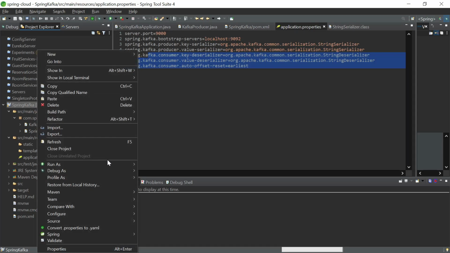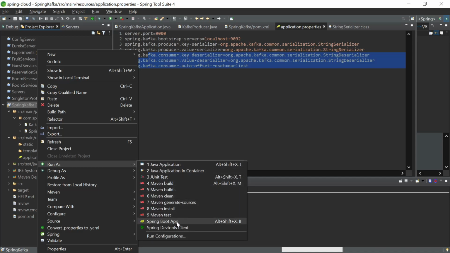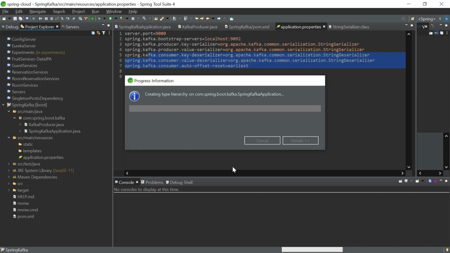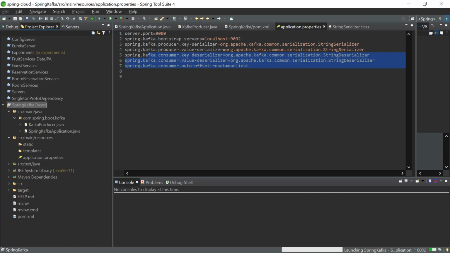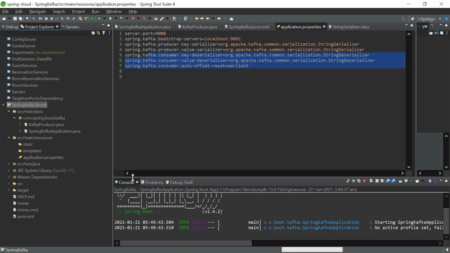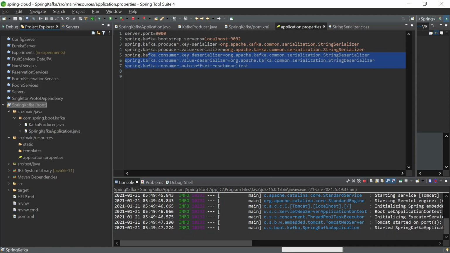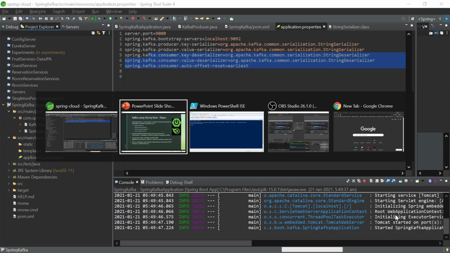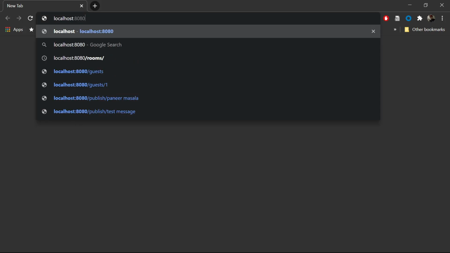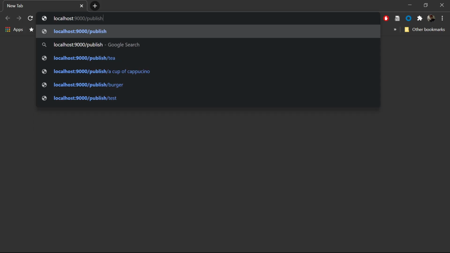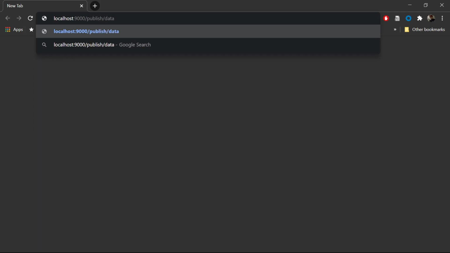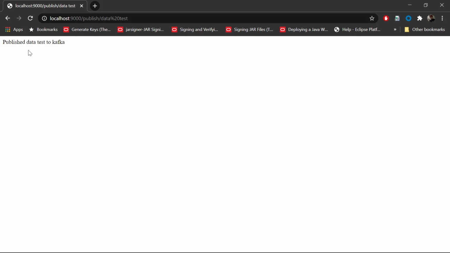So let's run this. Excellent. So we would need to connect to, so this says published data test to Kafka.